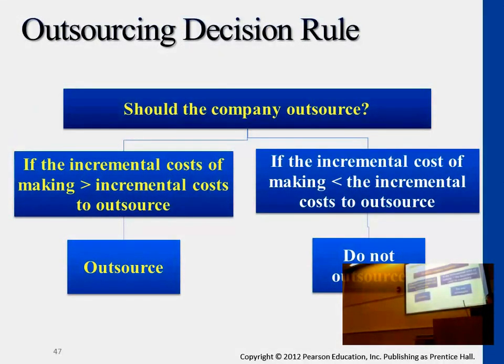Okay, so main decision rule here. Just like special order, we need to consider the increased revenue against the increased cost. Dropping products, we need to know contribution margin, cost saving compared against revenue. So the main decision rule here is whether the incremental cost of, basically the cost of producing the product, to what extent is it lower or higher than outsourcing? And what we mean by outsourcing is not just the purchase price, it's also whatever cost saving we're able to make from the idle space combined.